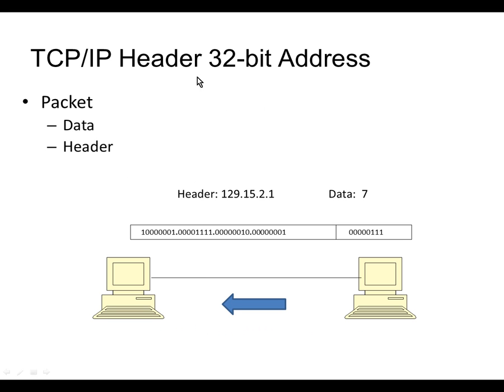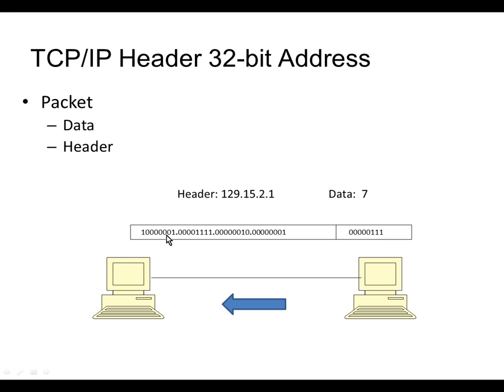So the TCP/IP header has a 32-bit address space. If one computer is going to send a packet to the other computer, the computer might be sending the number 7 to the other computer. That's the data which is being sent. But the packet header indicates the IP address of the destination computer. You and I might see that as 129.15.2.1, but really that packet header is going to have a series of positive and negative impulses that'll represent this value of